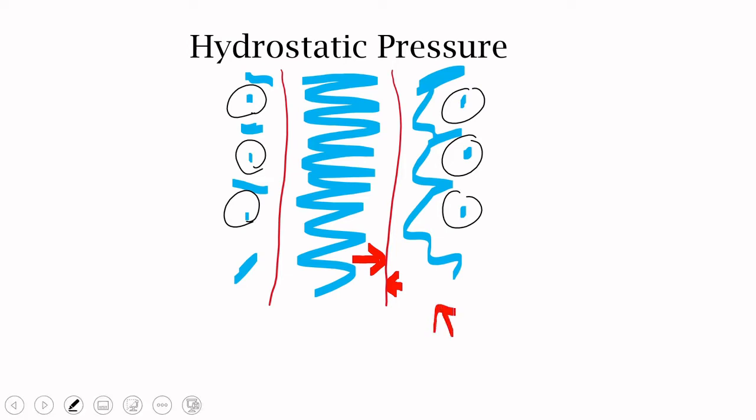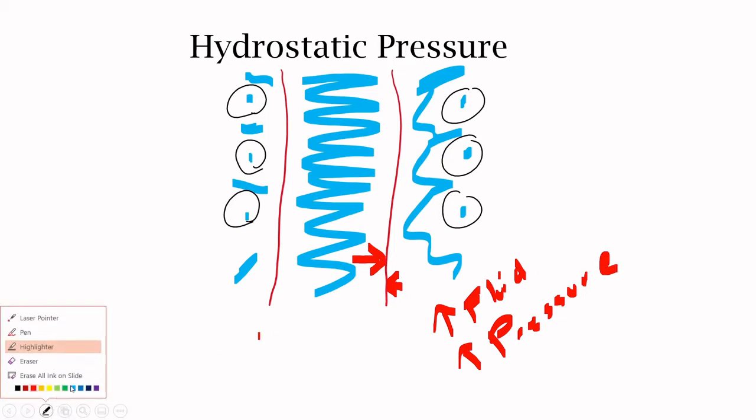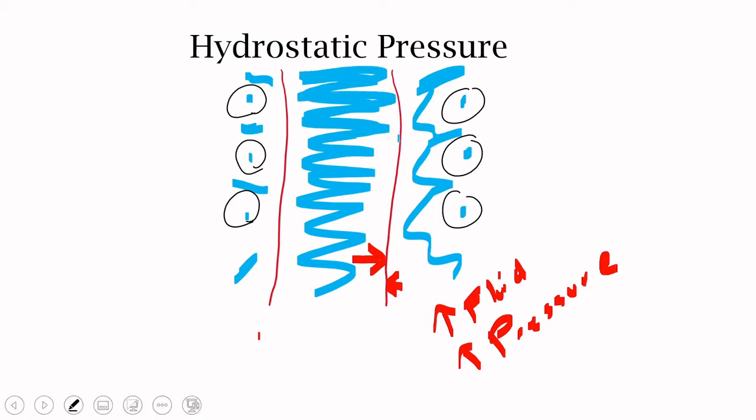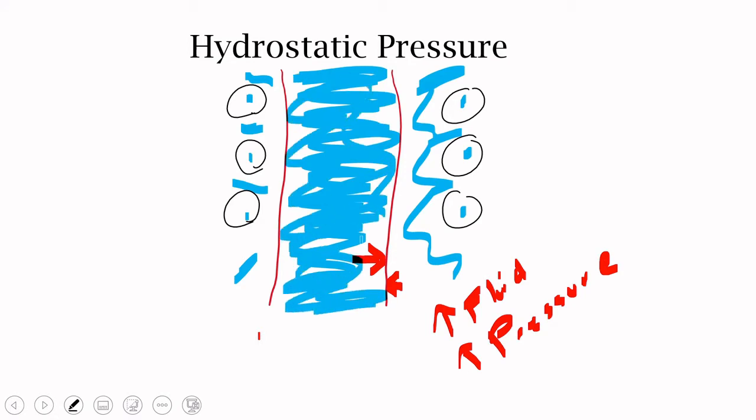One thing is we can increase the amount of fluid, and another is to increase the amount of pressure. So if you think about the fluid inside of the blood vessel, then if we increase the amount of it, that would exert more pressure on the capillary walls to push more fluid out, or if that fluid was under more pressure. So if you think about it, it's coming from the left side of the heart, it's being pushed by the cardiac output. The more pressure that's under, the higher the blood pressure, the more pressure would be exerted on the